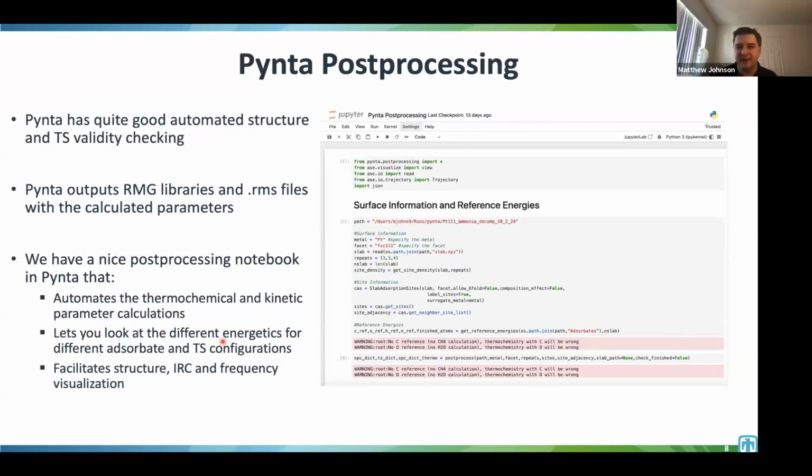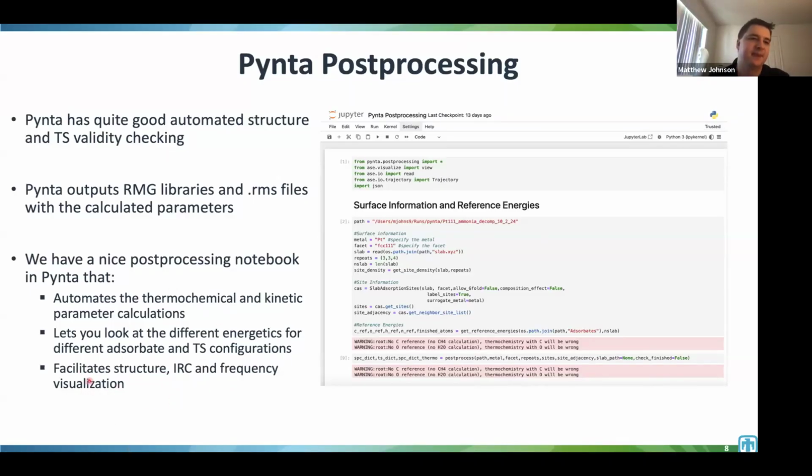Once you've completed and run these calculations, we have a nice post-processing notebook, and RMG will also output the RMG libraries and .rms files with the calculated parameters for these. The post-processing notebook automates the thermochemical and kinetic parameter calculations, lets you look at different energetics for different adsorbates and transition state configurations, and makes it easy to look at the IRC calculations and frequencies to check things